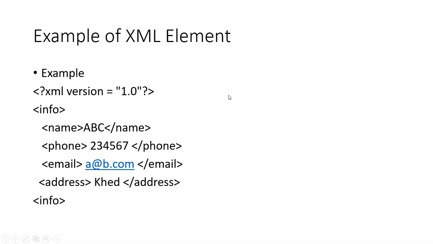SOAP can exchange complete documents or call a remote procedure. So there are two ways. We can simply call the function, or we can send the whole document at a time using the SOAP protocol. SOAP can be used for broadcasting a message. So using SOAP, we can send a message or data